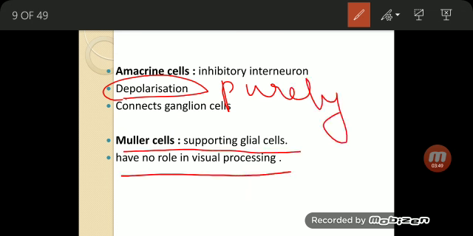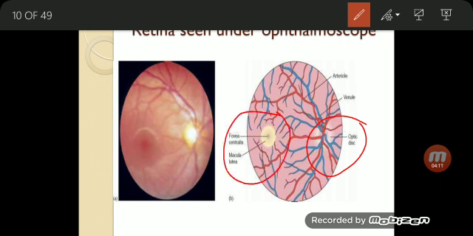This is an image of a retina that is seen under ophthalmoscope. This is known as fundus. This fundus is nothing but the interior of the posterior wall of the eyeball. Here two important structures we need to know, that is the optic disc and the fovea centralis and macula lutea. The optic disc is also known as blind spot. It is the convergence of the ganglion cell axons. So here there are no rods and cones, so it is insensitive to light. And fovea centralis is a minute depression in the posterior of the eyeball.